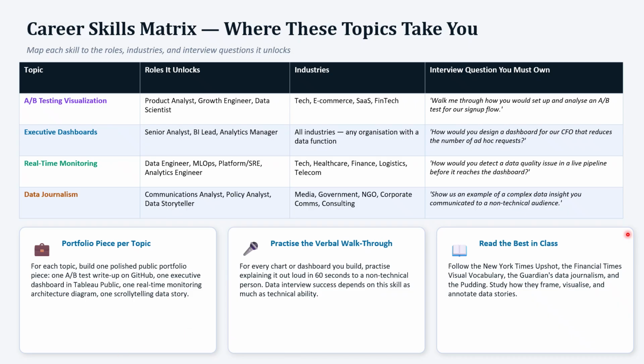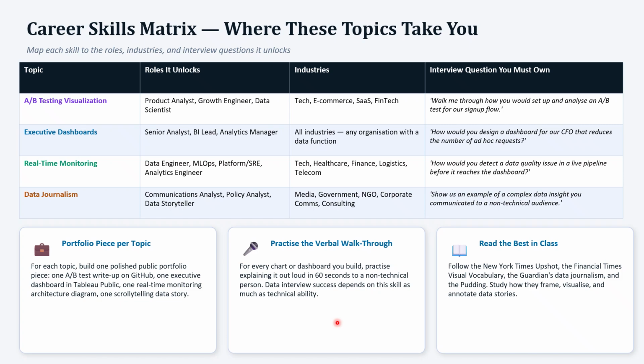And next is real-time monitoring, which is the most technical and the most valued in engineering-adjacent roles. ML operations, data engineering, analytics engineering, and platform engineering all require these skills. So the question is: how would you detect a data quality issue in a live pipeline before it corrupts the dashboard? And about data journalism, as we spoke about earlier,